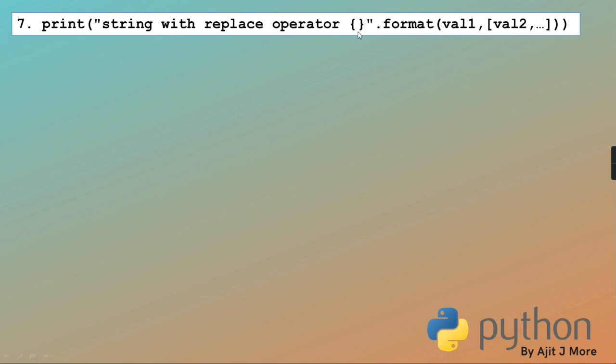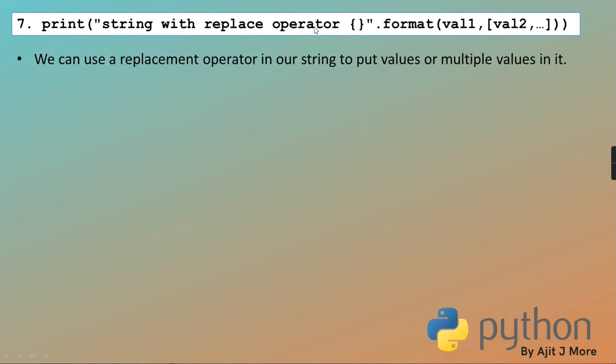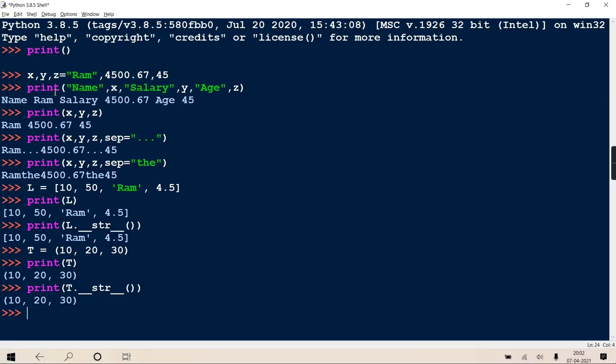Okay, so now this brace bracket is a replacement operator. At each replacement operator, the value is substituted, and after substituting you'll get a new string. That new string, print gives it on the monitor. Getting? And there are different ways of using this. I told you, if you leave it empty, it will take values sequentially. Then you can give an index also. You can give an identifier also. Many ways are there.